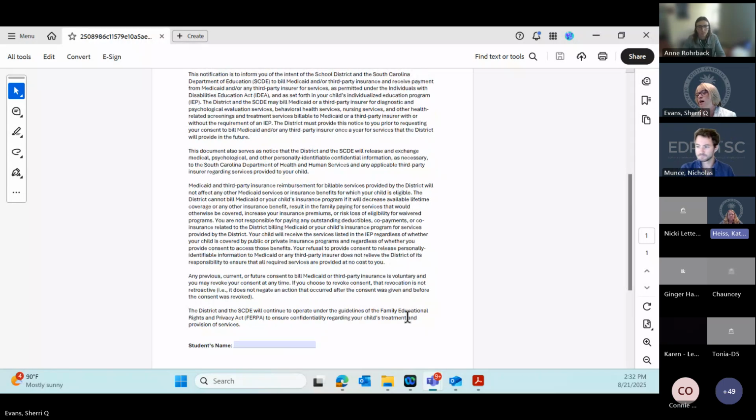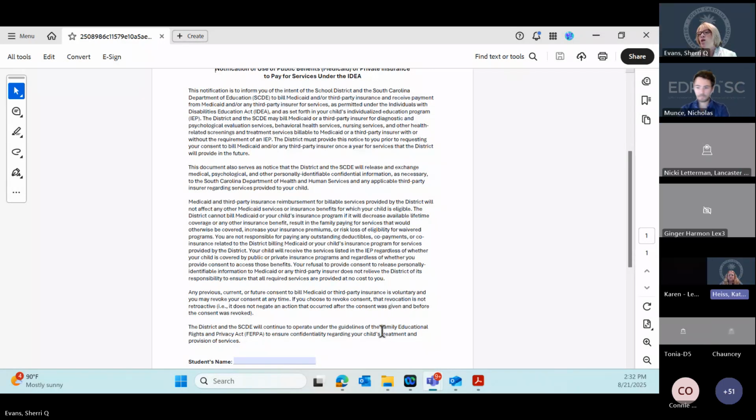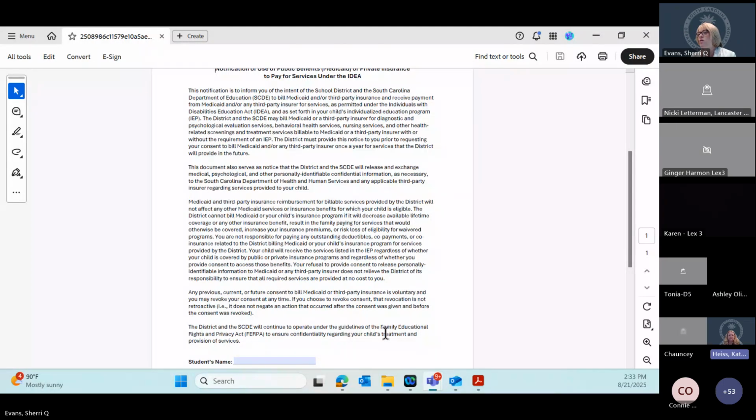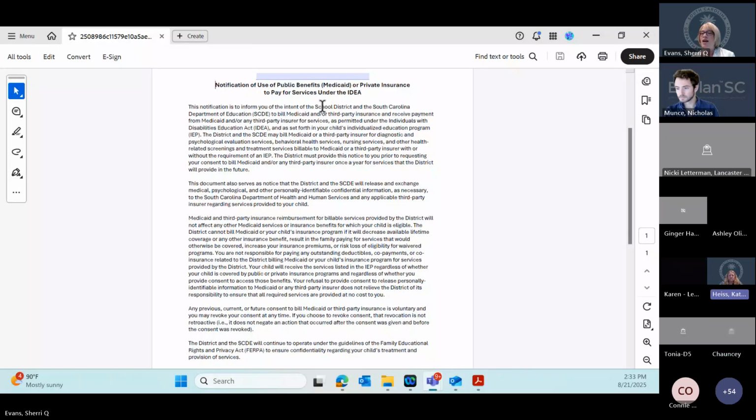So we worked with our Office of General Counsel, and they said the only thing required on this form is the student name. They said it would be nice to include a school year or a date, but that is not required. So we have removed all of the non-required fields. There is a line at the top where you can put your district name and the school year, or you could leave it blank. Some districts have this automatically populate in their online registration system. That is fine. That's great.